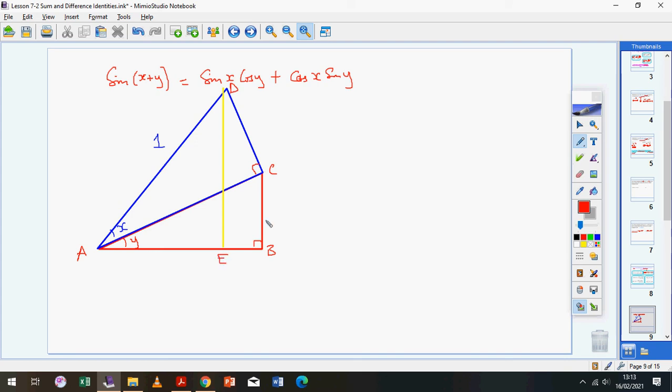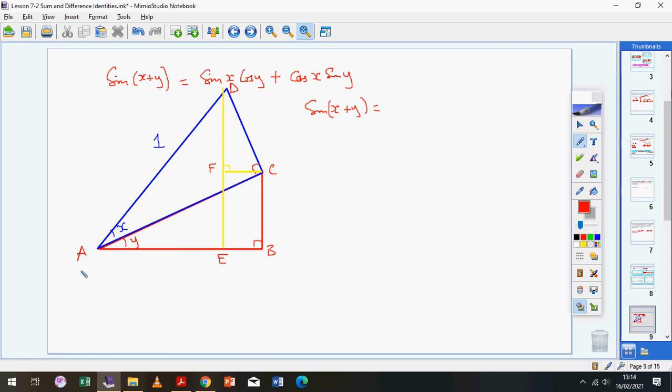I'm going to create another point here, which will give me another triangle. That makes a triangle with that section. I hope you see that little right angle triangle. Let me call that point F. So I'm trying to figure out what the sine of x plus y from this triangle is. Well, if I use the triangle ADE,